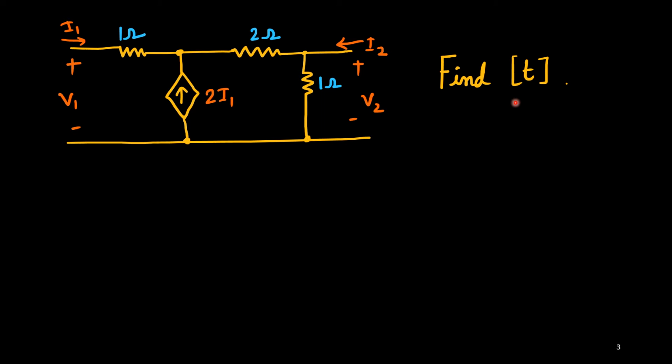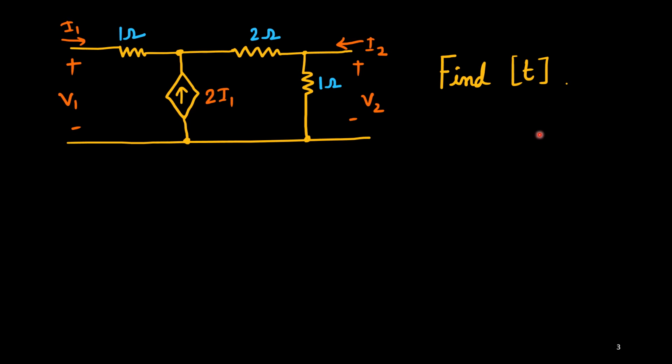For that, I'll consider one traditional method first, and then I'll also give you one method where you can use the concept of cascading property even when the circuit contains one dependent source. I hope that is interesting, and you may not find that concept in any book. Okay, so let us see the concept.